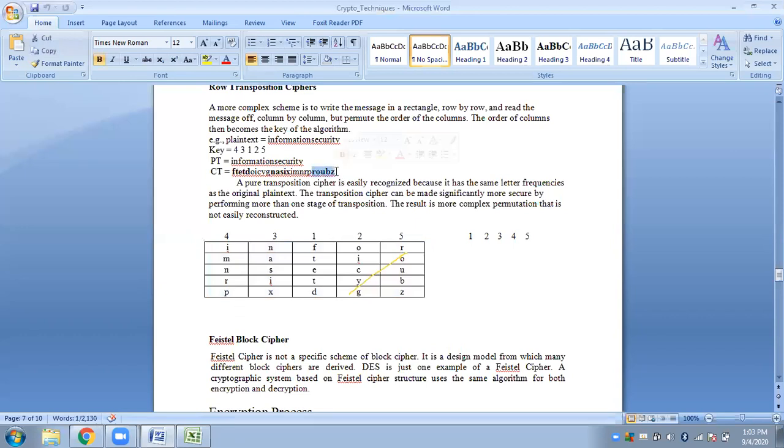So accordingly, row wise, first you construct a matrix, and the size of the matrix will be determined by the number of digits of the key used. It should be a square matrix, so the number of rows and number of columns must be the same. In my case, I have used a 5-digit number, so my matrix will be 5 by 5. Here I will be placing the plain text serially, row wise, one by one, and then the leftover cells will be filled up by dummy alphabets. You don't have any restrictions on the alphabets to be used; you can use any alphabet. From here I have filled in 6 alphabets in 6 cells.